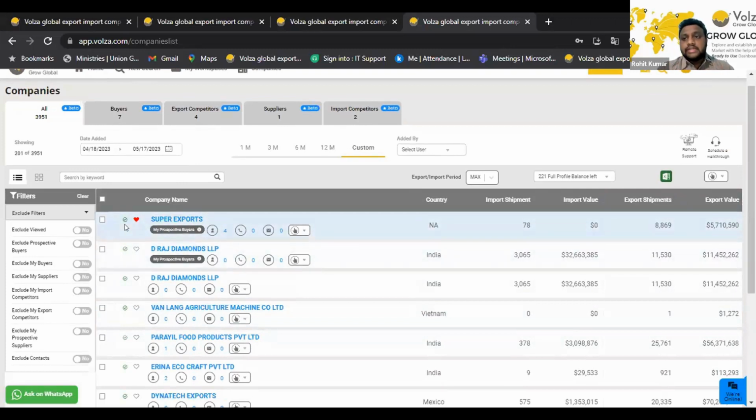viewed the import or the export full profile of that particular company. Here you can check how many contacts you have saved, and whether you have reviewed the phone or email. If you want to mark this particular company as your prospect buyer, you can select it. If you want to mark the company as your